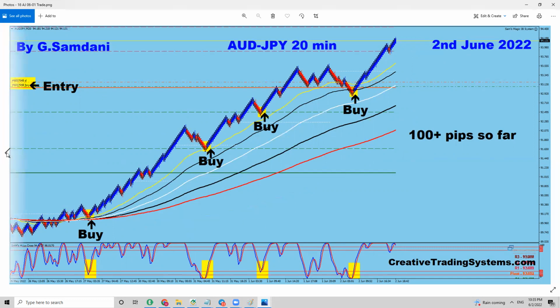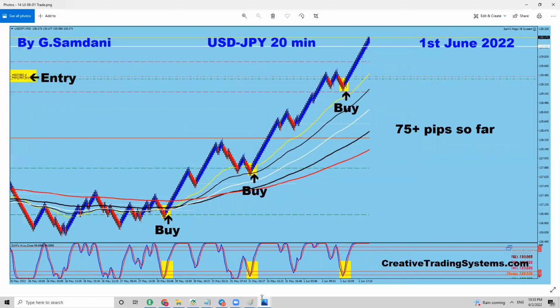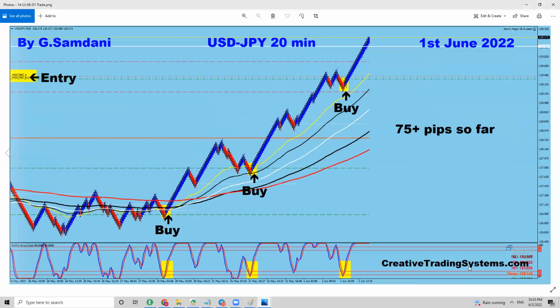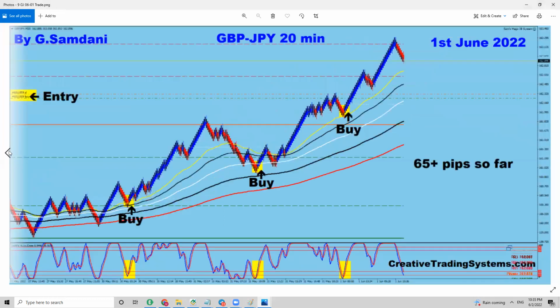Now, all of this, I already said it, that we're going to go up and this will take all yen pairs to the upside. And all of my trades, you can see that they are all nicely exactly by the setup. My setup is that this yellow line and black line must be above. Well, it's not the condition. The first condition is that this indicator should be all the way down. Second is that the yellow line must be above the adjacent black line, not this one,